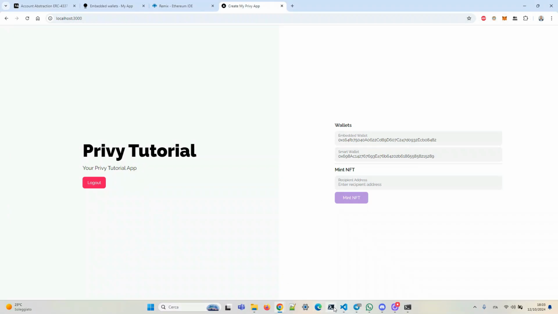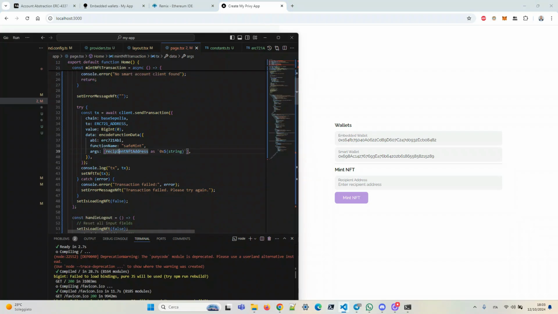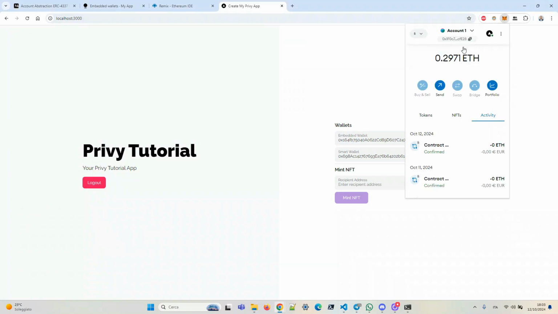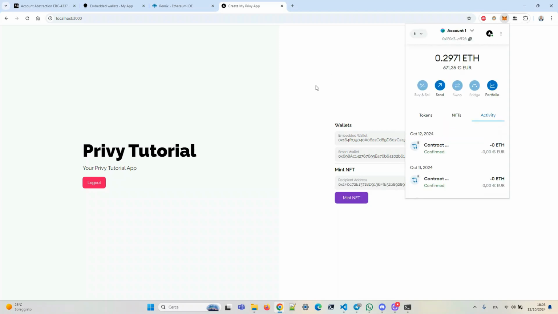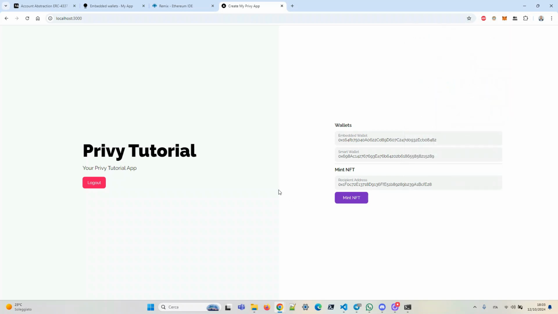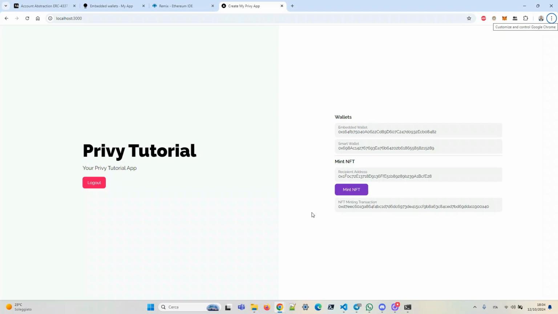And then we send this transaction. So, for example, I want to mint an NFT to my address. I put this address here, and I press mint NFT. After it has finished, we can see the hash of the transaction,